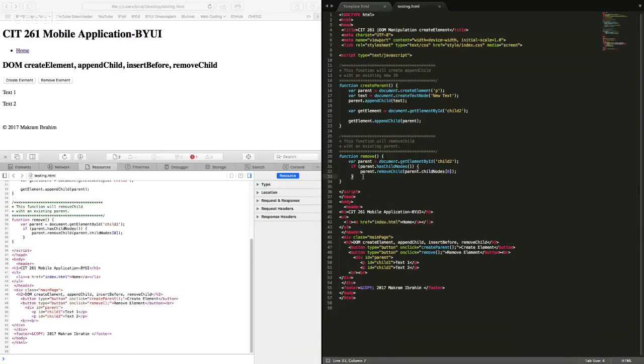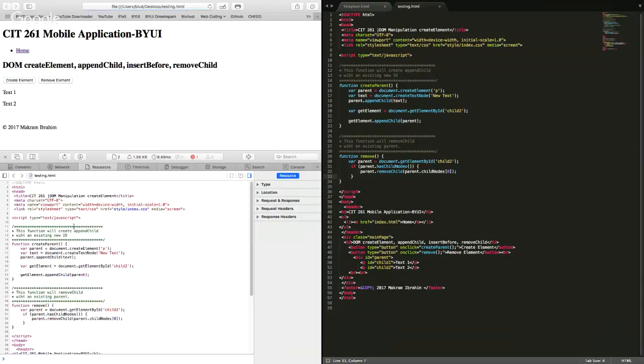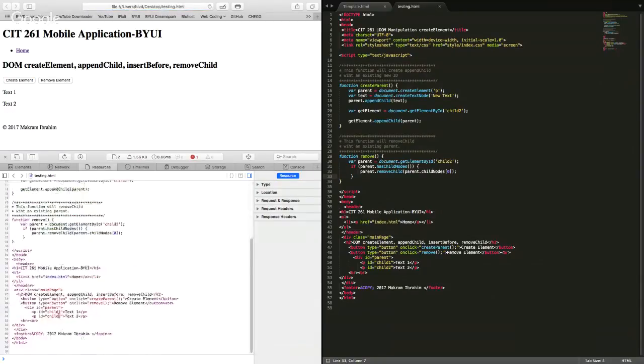So if we take this out, I think you're going to want to modify this so that it applies directly to the text that you're creating. So when you create an element, refresh this. What are you naming it?